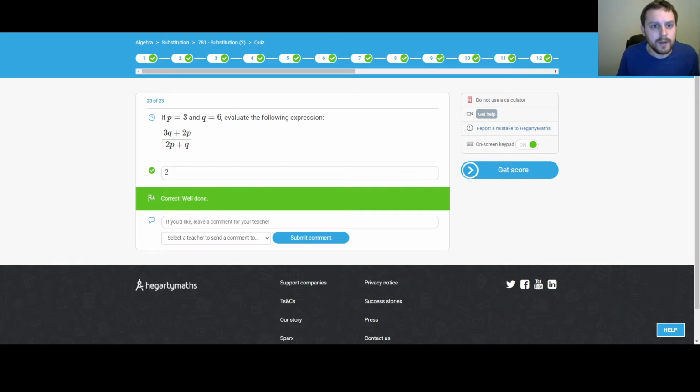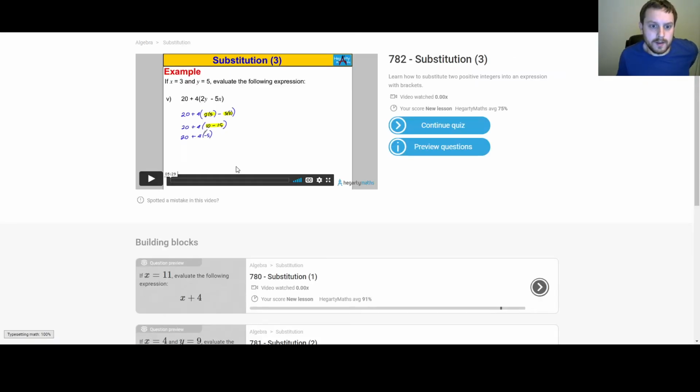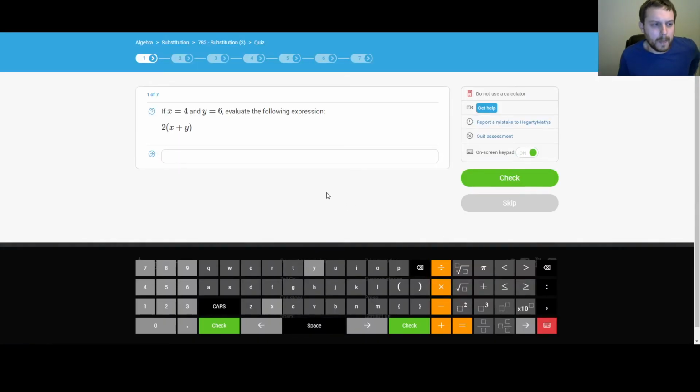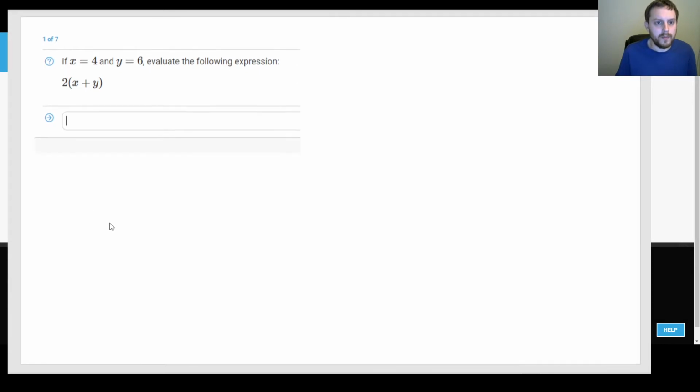Right, wonderful. Let's have a look at task 782. Because this one now involves some brackets, right? And this one I think has been causing a bit of problem. So let's have a look at this first one. Okay, so first of all, there is something missing. It doesn't have to be written, so it's not actually really missing, but it's a symbol that hasn't been written that fits in here,